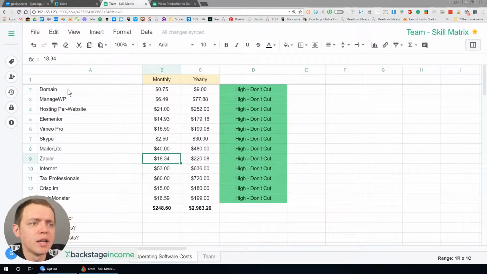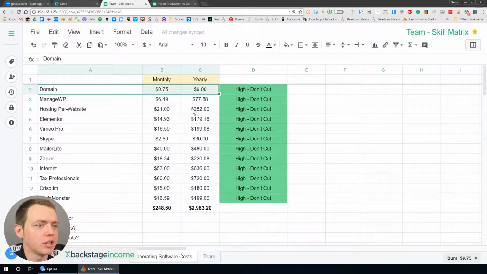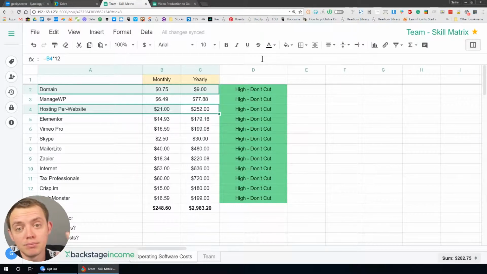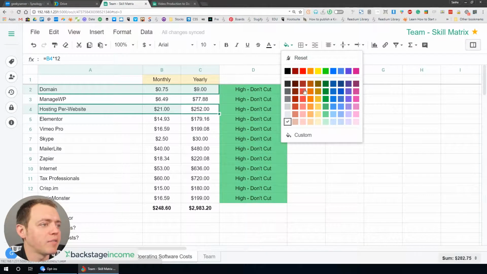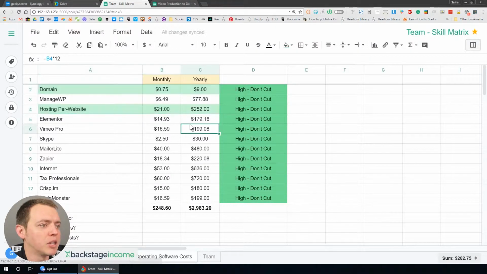Basically, the biggest expense for any business really is the employees. But for an online business, it's going to vary depending on how detailed you want to make it. I'm trying to make it as simple as possible for you right now. Ultimately, you're going to need a domain, and you're going to need some website hosting. This is direct from my personal sheet that I keep track of, and then I've added a few things. So these are kind of a must-have.